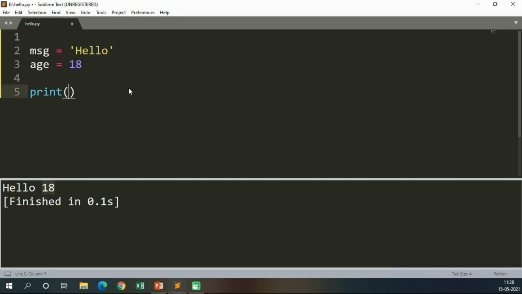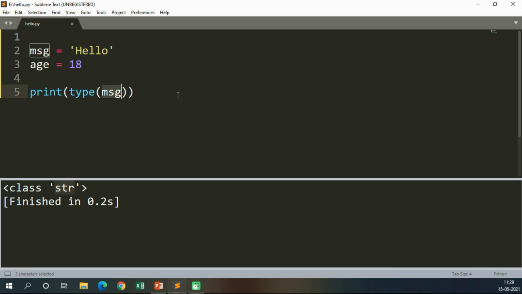Now we will see the type of the variable. To see the type of the variable, we will use the type function. The type function is an inbuilt function. Now just type type, open a bracket and pass the variable in it, that is msg. Now it will return the type of the message. The message is containing a string, so it will give us string printed on the console screen. Now it returns str. Str means string.